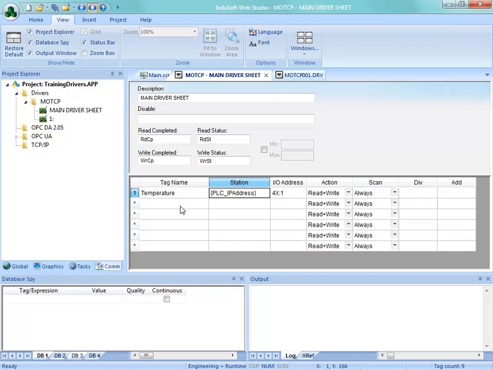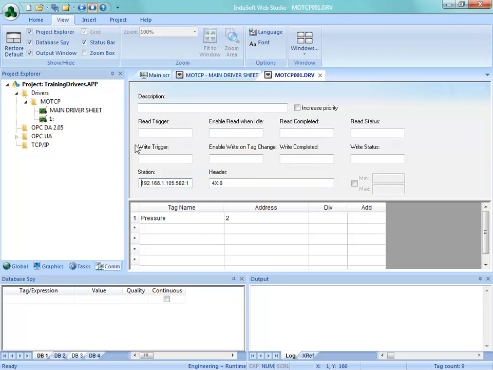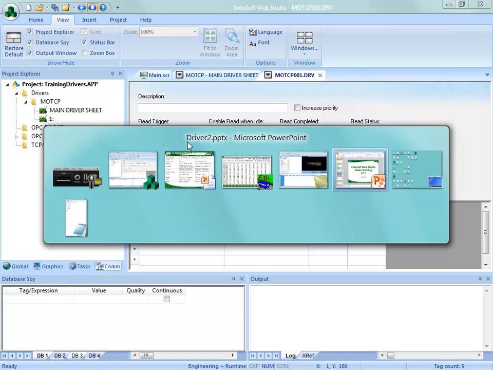This makes it very easy to configure. But as far as flexibility and what you have control over when it reads and writes, it's not as flexible and powerful as the standard driver sheets. You have these status fields here, but when you get into the standard driver sheets, you have a little bit more triggering functionality. So let me bring up a sheet here that will discuss